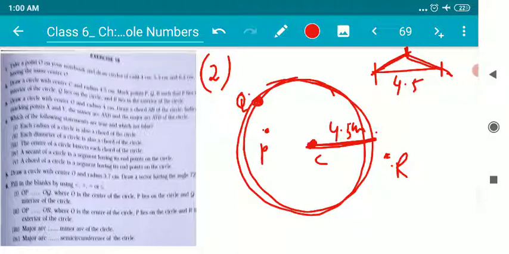So children, I believe question number 2 was absolutely clear. Question 3 is exactly the same, and question 4 is to be done using the concepts of formation of a circle. So your part of the job will be to deal with question number 3 and 4.